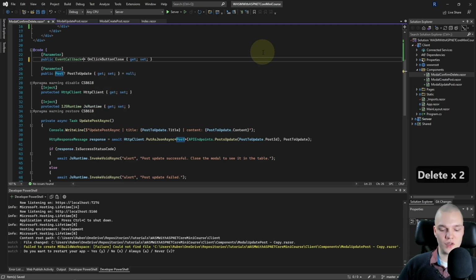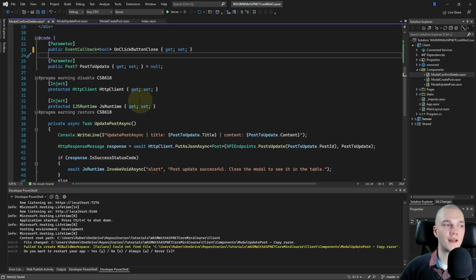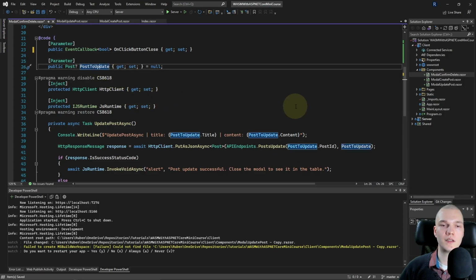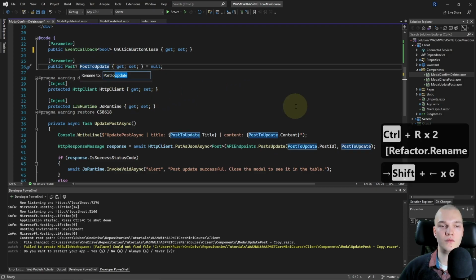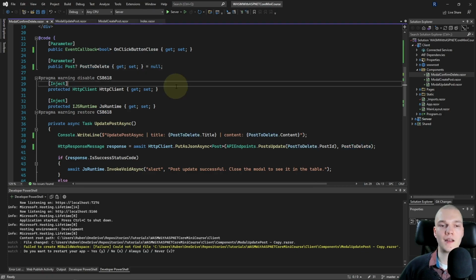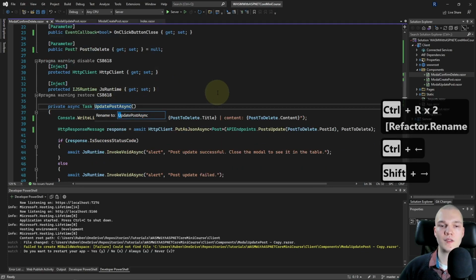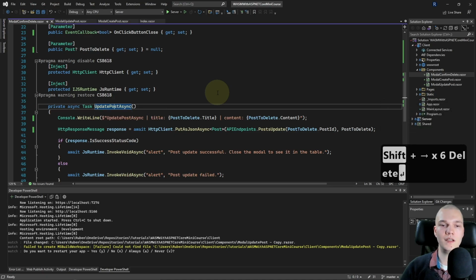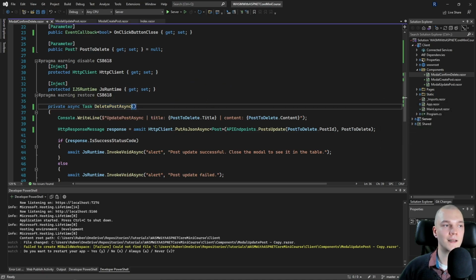So instead of nullable post, I'll do bool, and I'll rename the post to update with Ctrl+RR to post to delete. And I will rename the update post async to delete post async.